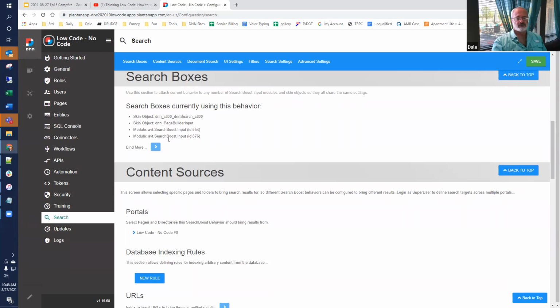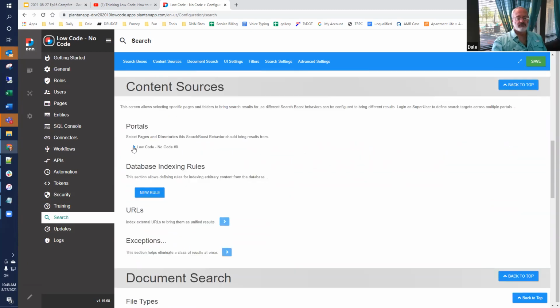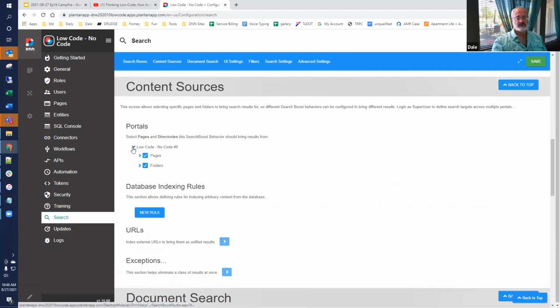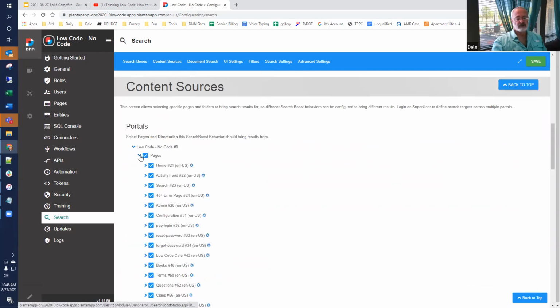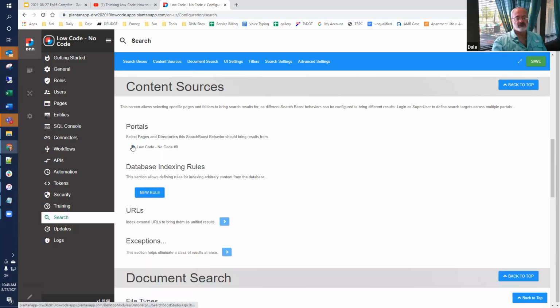But all these search boxes use that particular behavior. But for the sources, where is it getting its information? Well, all the pages are checked, and all the pages all the way down are checked. So this gives us all the content that's on all the various pages.